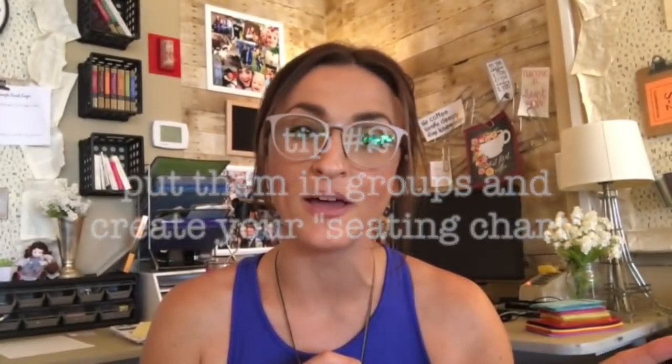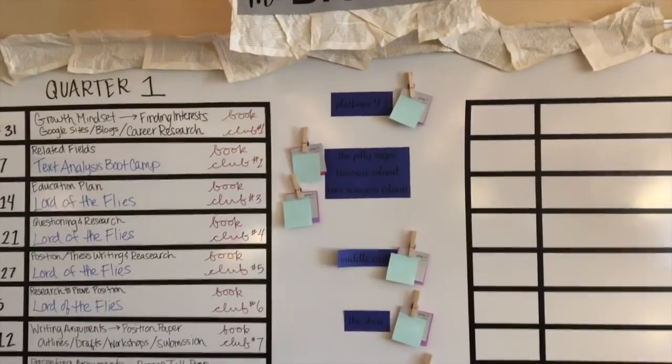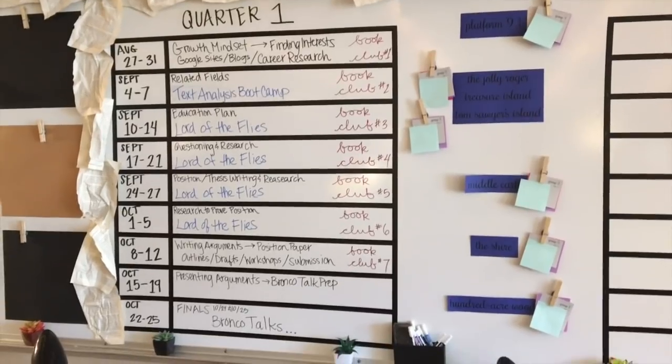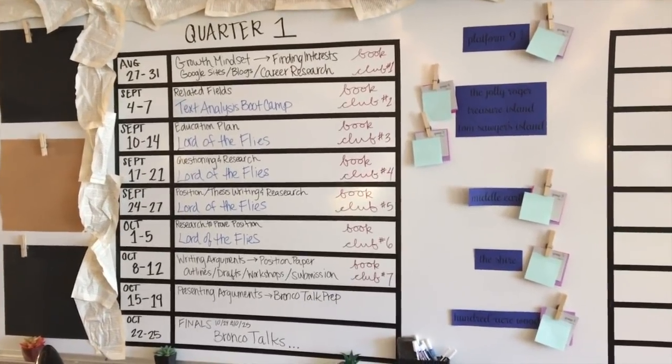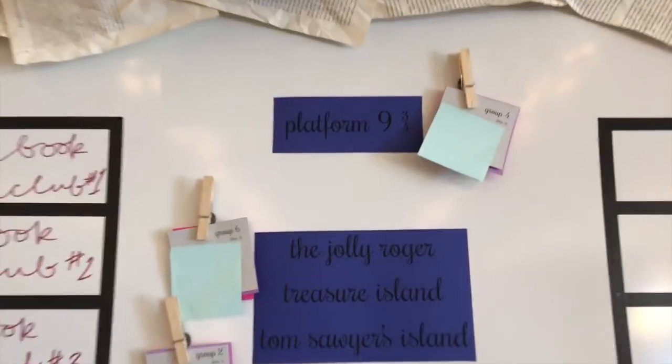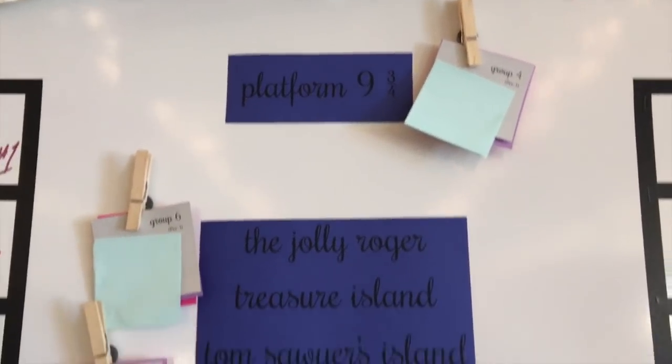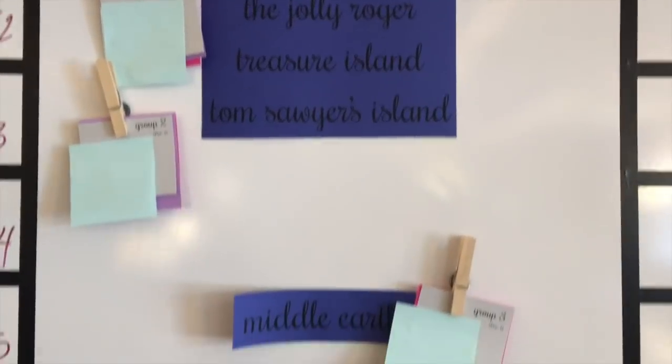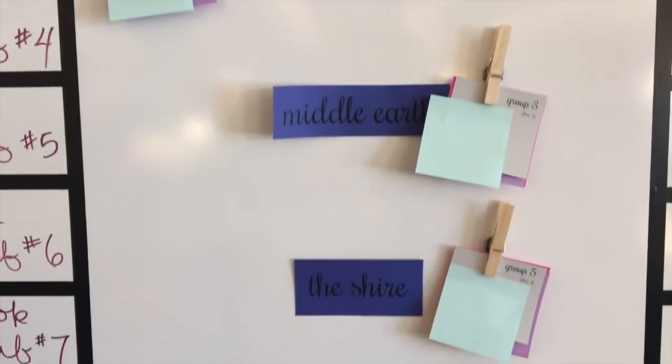And I will show you what mine looks like right now. Over on this side of my room, where I have our whole week by week play by play of what we're talking about, it's called the big picture. This is where I made my seating chart. I have each of the names of my different seating areas. As you can see, they're curling on me a little bit because I need to